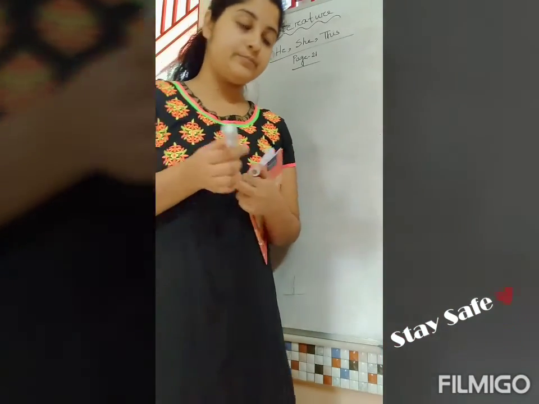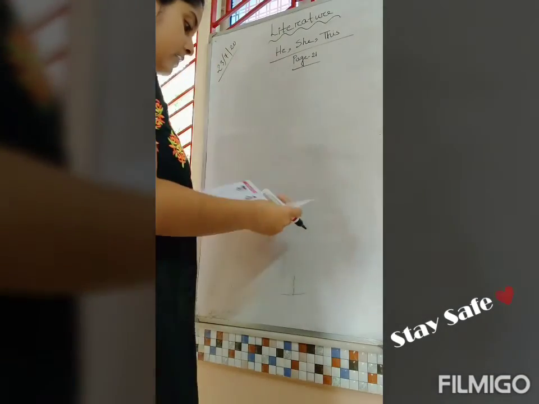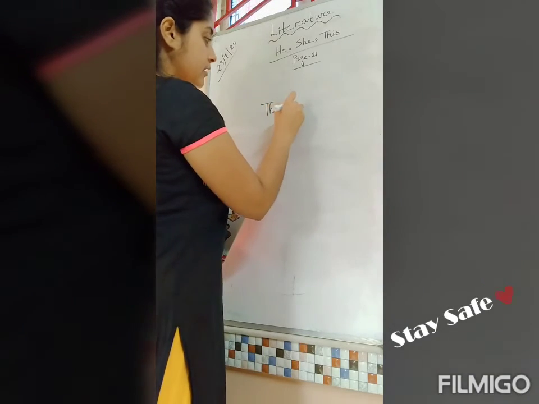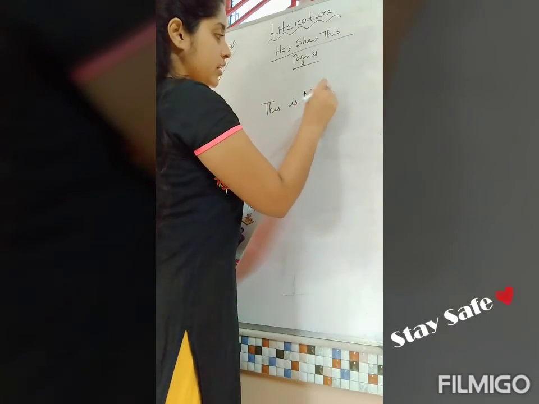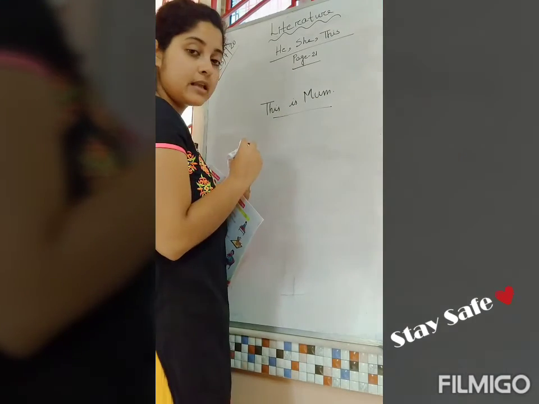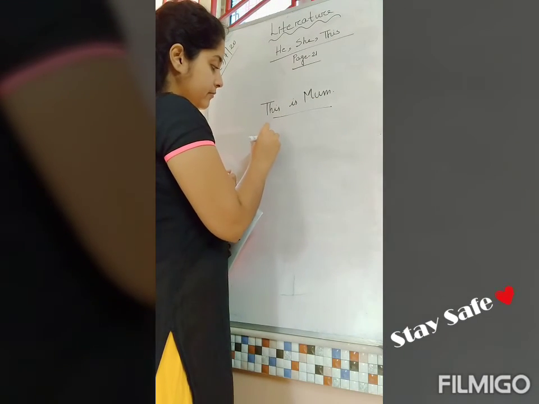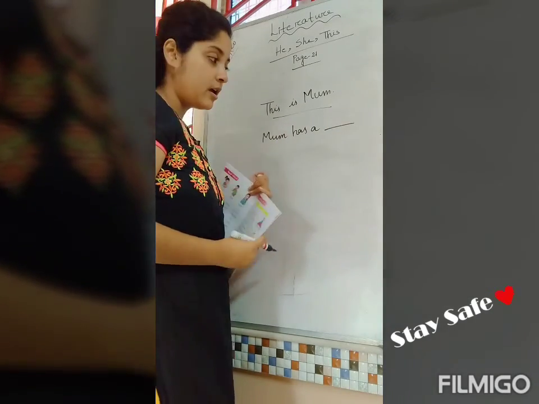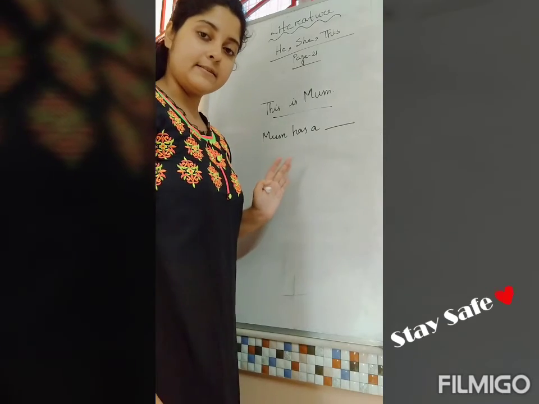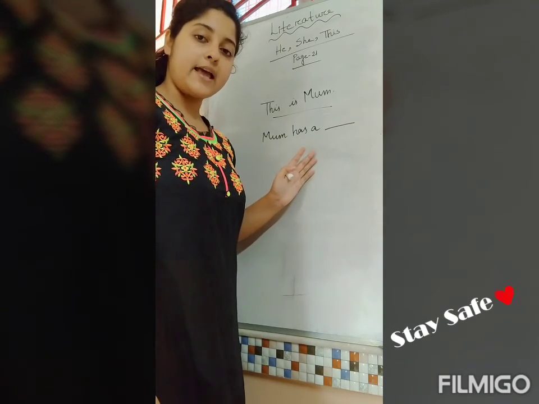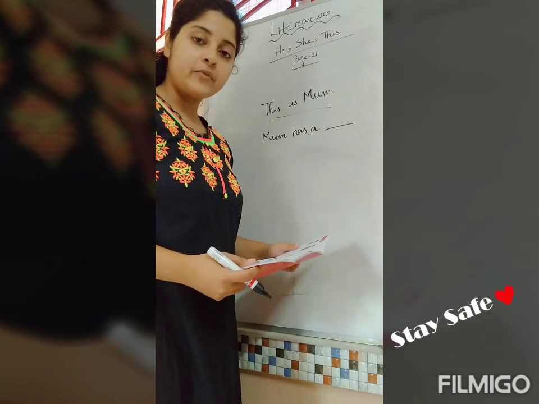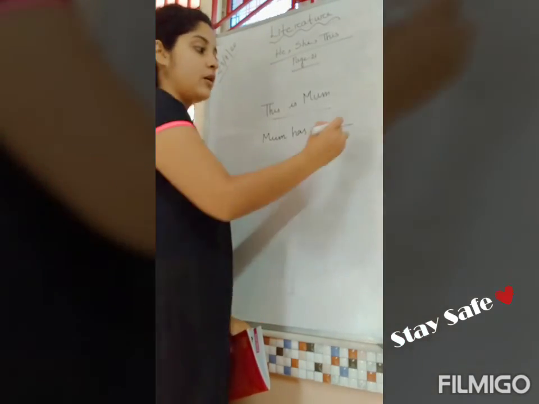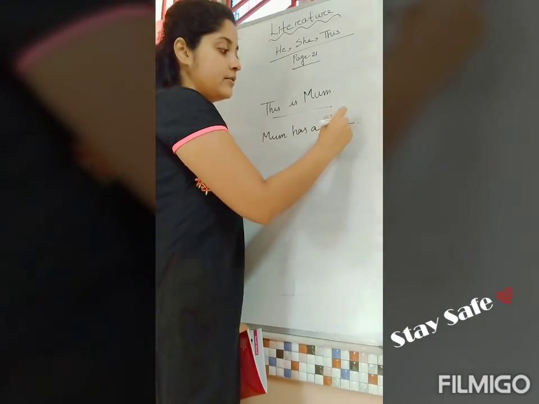As an example, look at the first example. This is mom. Right? I'll give this sentence. In the next sentence, I'll give a blank. Mom, blank, has a desk. Like this I'll give you some exercises. To solve this exercise, you have to read the sentences properly, right? So you have to read the sentence and solve the exercise. So mom has a hat, right?